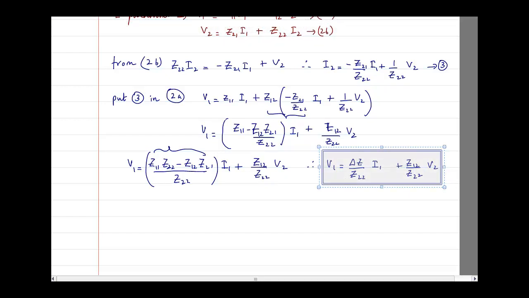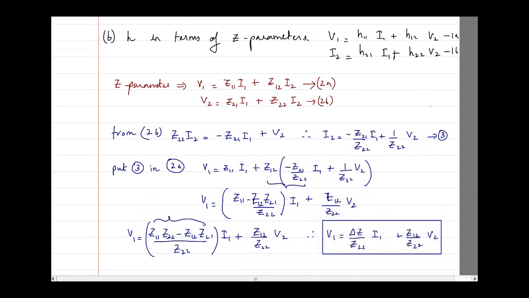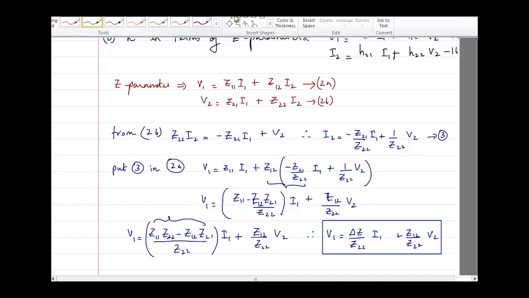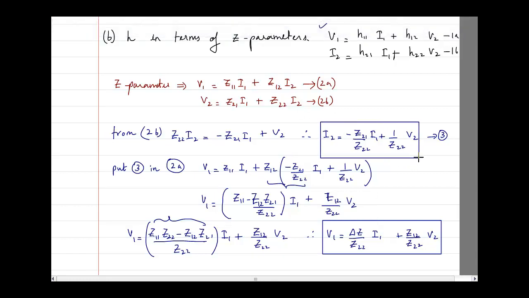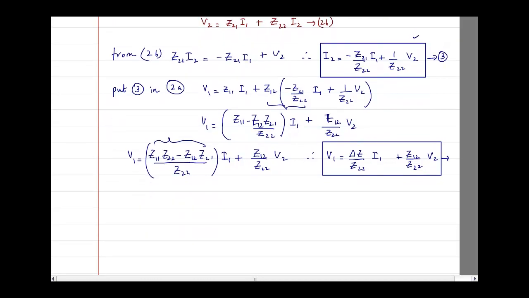So this I put it. Now look at this equation and equation 1a. Same equation, the only thing is instead of H11 here we are having delta Z. So that is what we did. Now similarly, look at equation number 3 that we have already found out. Compare it with equation I2. It is the same equation. You are having I1, I1, you are having V2, V2. So what is remaining is this thing. So therefore, this I will write it as equation number 4.